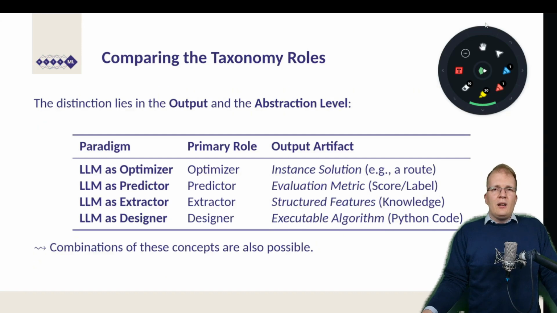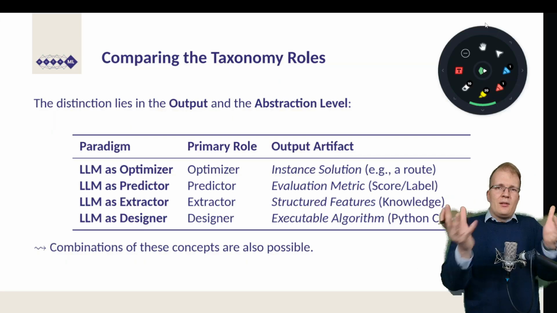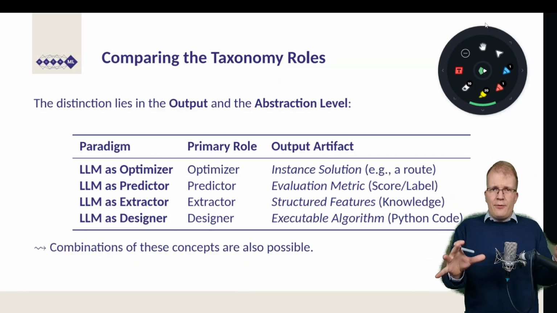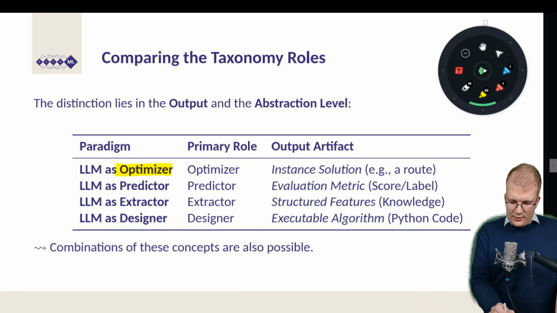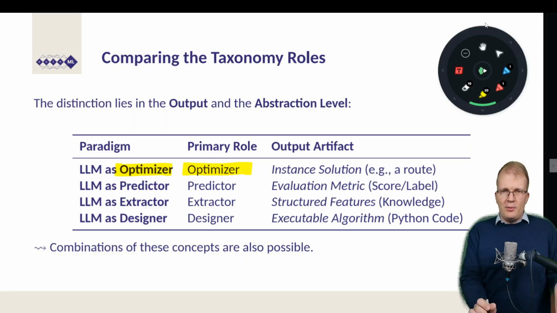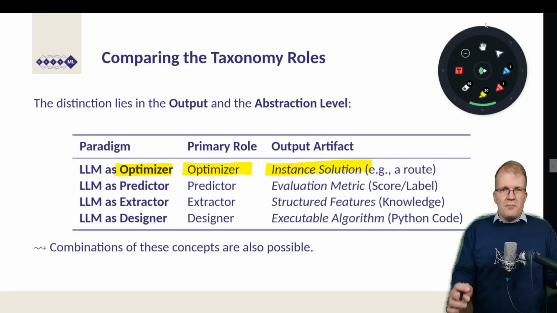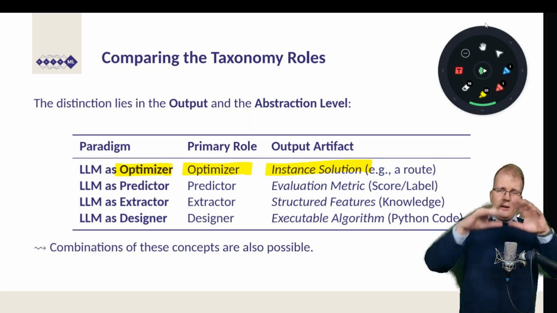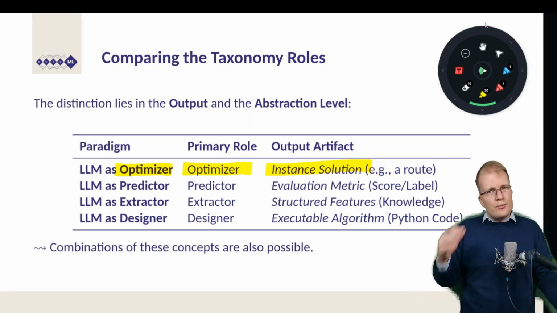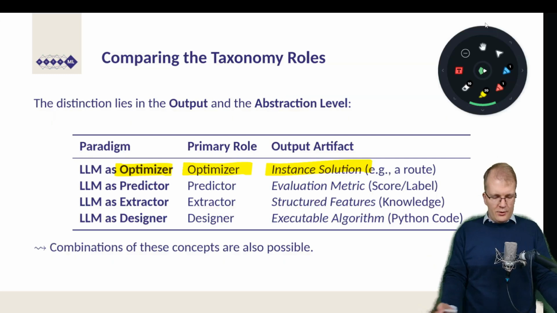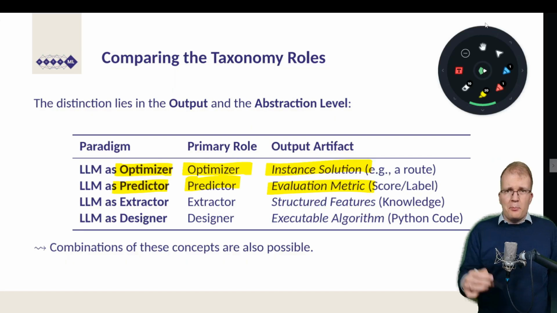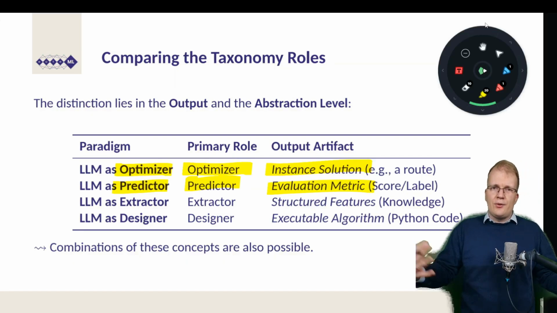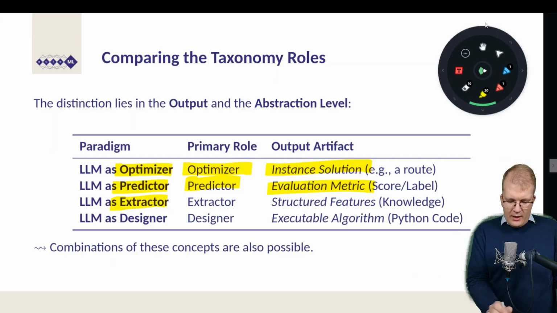The distinction lies in the output and the abstraction level. So to sum that up a bit, these taxonomies come in these kinds of roles. We had the optimizer, where the primary role is to do the optimization directly, so the output is a solution instance. For example, if you're doing routing, then the optimized route itself should be the output. We can use it as a predictor, where the output is the evaluation metric, so very concrete scores for certain solution candidates. Or we had the extractor,